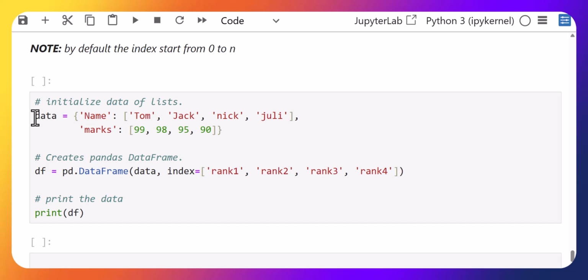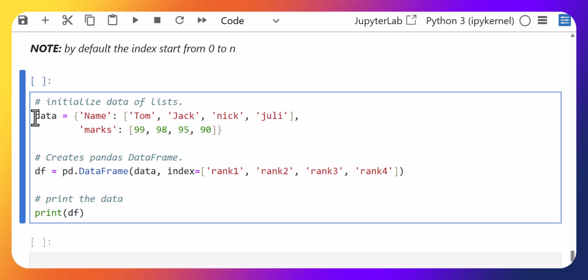Now there is additional information: first we have created a dictionary. In this dictionary we have used a single key with a corresponding list of values. The first key is name, the second key is marks. So again the name key will correspond to the names of the people, and the second key will contain the marks each person has achieved in a particular subject. Now this variable has been provided as the first argument, which will be considered as the data, and then we have used the